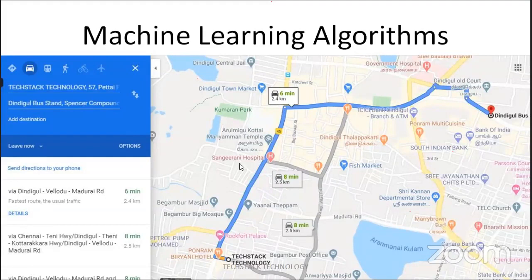You see here, it says 2.4 kilometers from here to there. That may be the shortest. Another path will be there, that may be 2.5 kilometers. So based on the shortest path, it gives the suggestion. Do you get my point? Out of three,